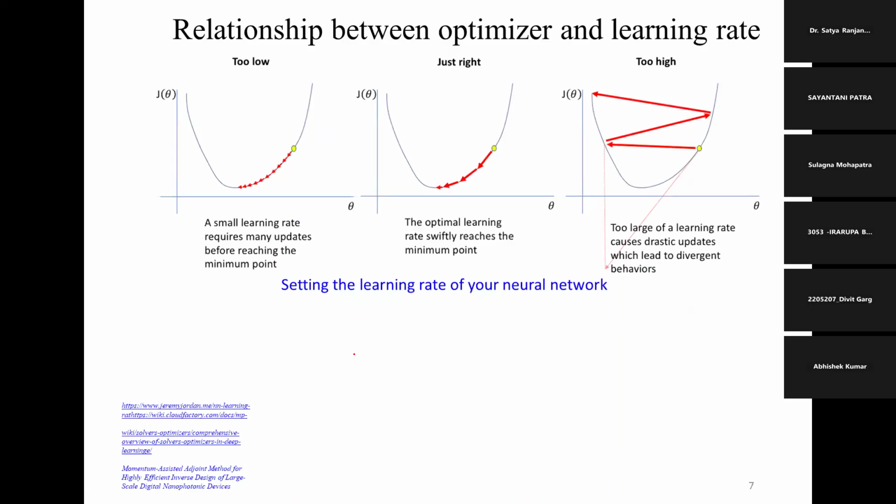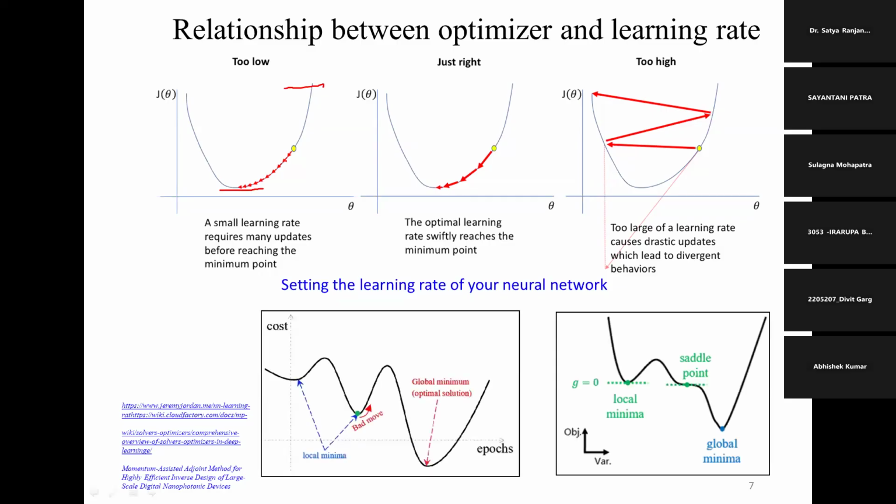Then what is the appropriate learning rate we should take? It should be 0.01 or 0.1. Generally students make common mistakes. The learning rate is just like a learning parameter. It will learn all your features and everything. If we give a learning rate that is too low, what is the problem? Imagine you are at the hilltop and need to reach the hill bottom. If the learning rate is too low, you will take infinite time to reach there. Definitely you will get the global minimum, but you will take infinite time.